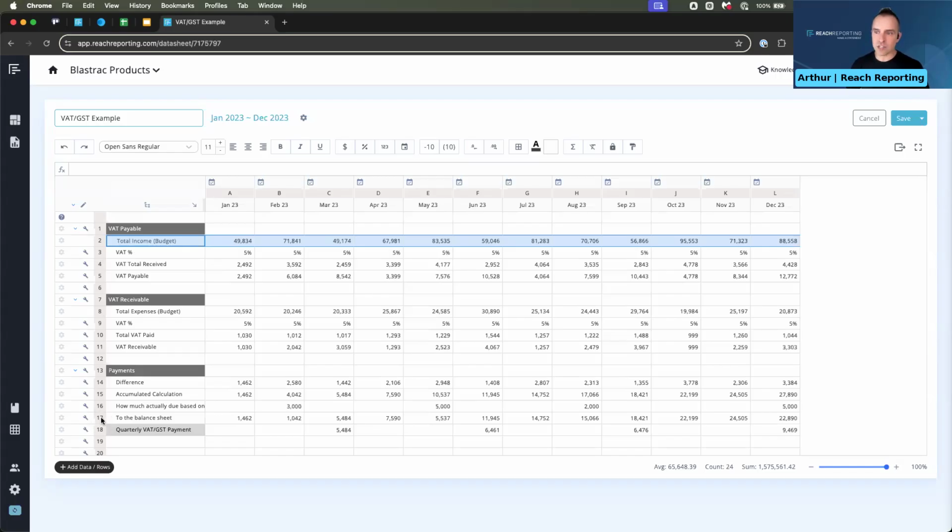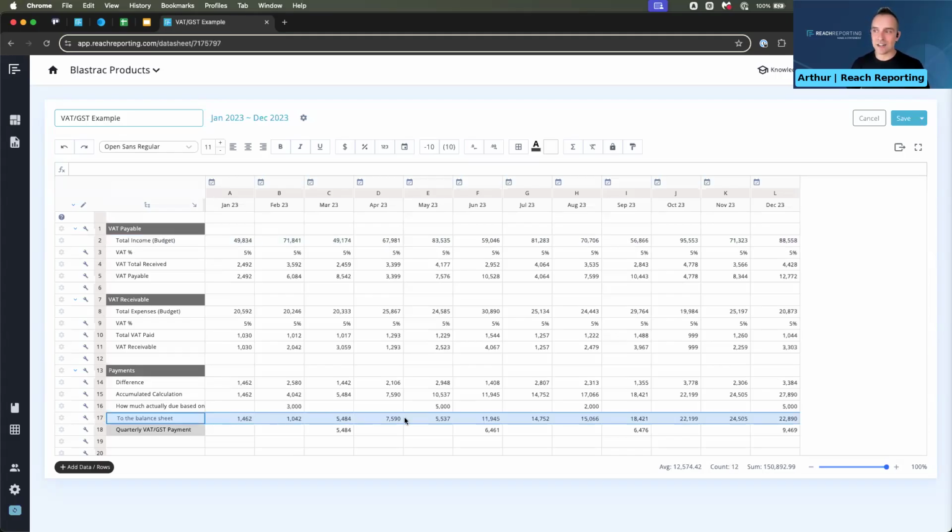We're predicting how much they're going to have to pay in their taxes, and then to the balance sheet, this line here, this is going to draw into the balance sheet, and then you can even predict what your quarterly payments are going to be. So then you can start to plan your cash, because that's going to be helpful, to have an idea of when those payments are going to be due, to make sure you can pay for them, but also have the ability to